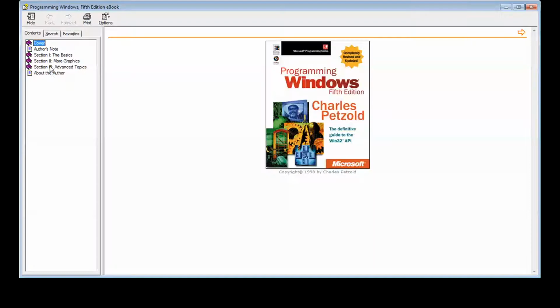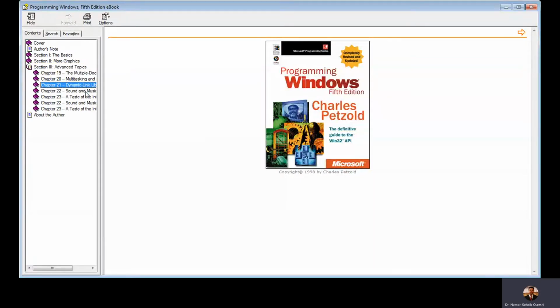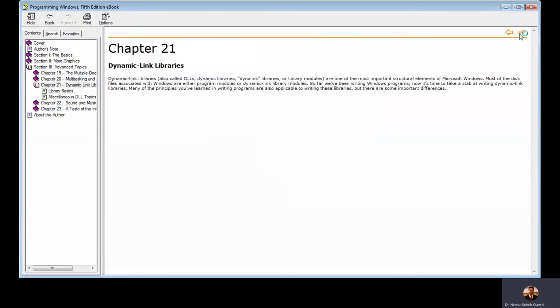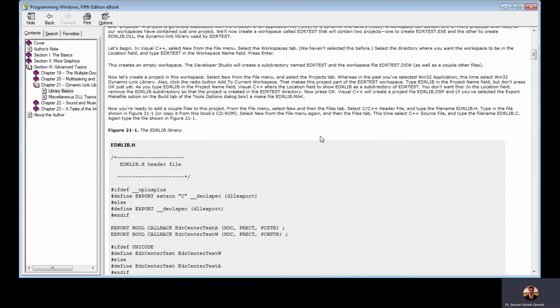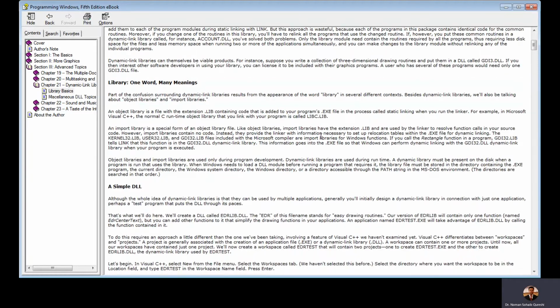So as you can see, it's in part 3, chapter 21, and we have discussed its definition, its types of the dynamic link libraries, in what extension it is saved, what are the native DLLs that is programmed as part of the Windows kernel, and what are the non-native DLLs. We have discussed that in length in the last 2 sessions on dynamic link libraries.